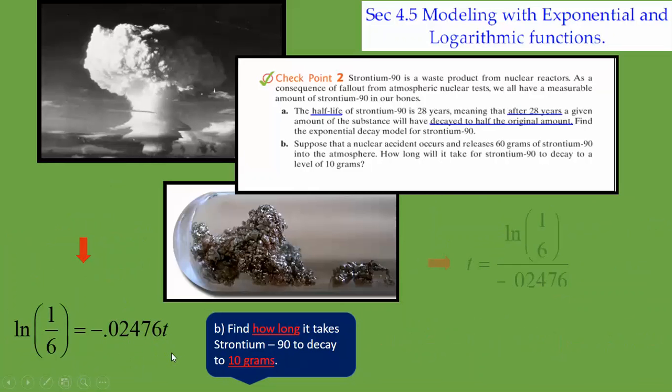So given that we have that formula, we can solve for t by dividing by this decimal number here. So if we divide both sides by negative 0.02476, we end up with this fraction. And so what we need to do is to evaluate that fraction using our calculator. When we do that, we end up with t is approximately 72.37. And so now that we know that t is equal to 72.37 years,